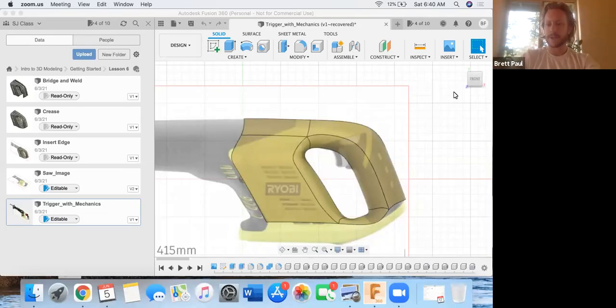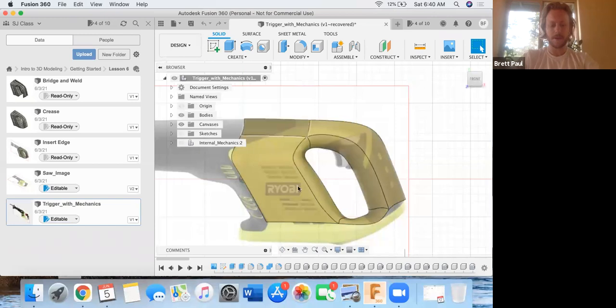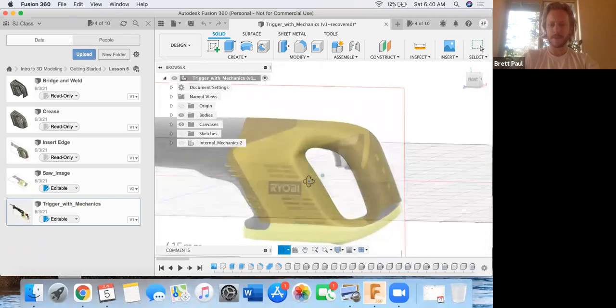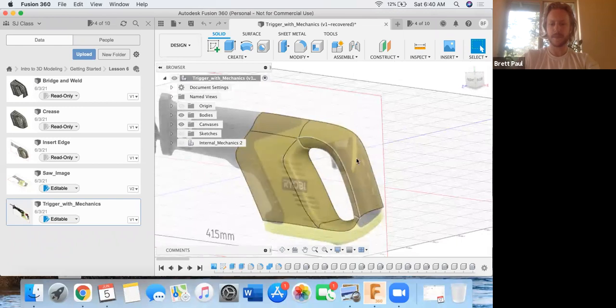All right, we're going to finish up lesson 6. Previously, we made this half of the encasing, including the handle and this. I forget what they're calling it, but it's a casing for the internal mechanics. And what we're going to do to finish it off is mirror it over the XY plane